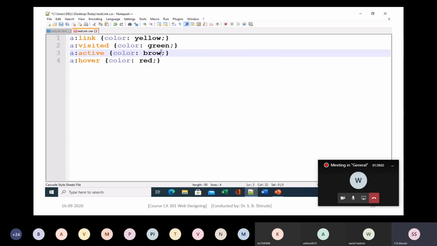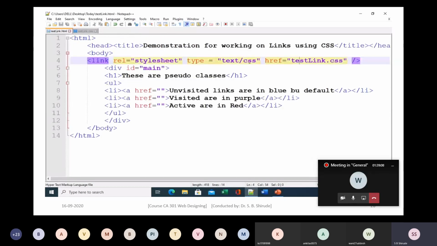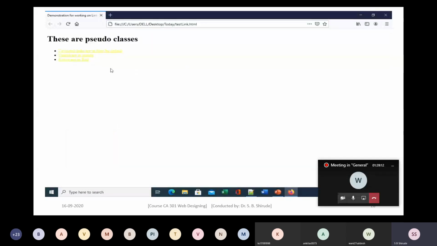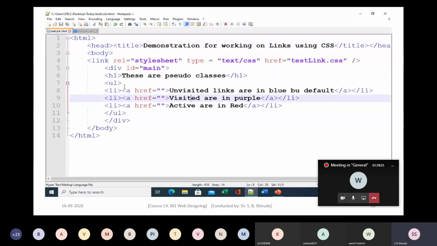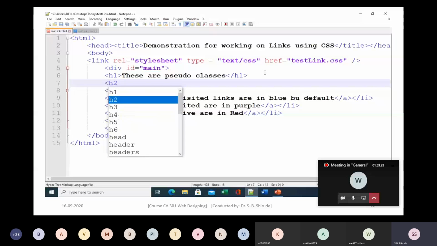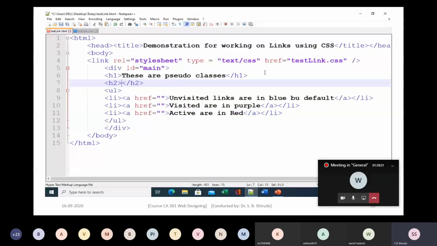So active we are changing to brown, because blue is normally what we find on all the links, so just make use of another color. Launch it in Firefox. See here, they are in yellow color first of all, and then this becomes the green ones. And when it becomes hover, at that time it becomes red. So likewise, they get rendered according to the CSS that we have applied.